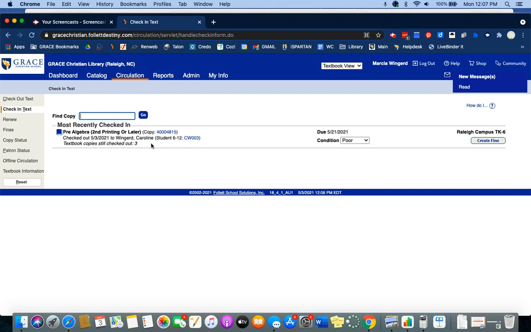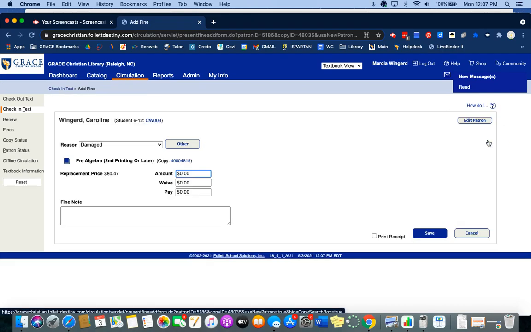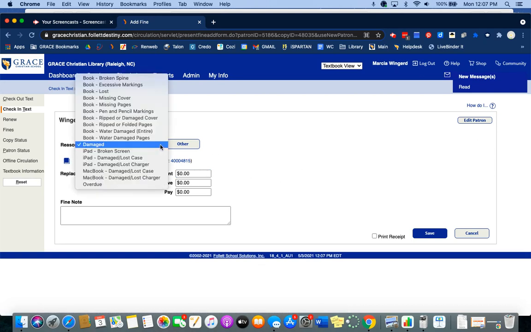If you have a book that is damaged beyond usual wear and tear, maybe the cover has been torn off or the student spilled their coffee on it, anything that is significant damage, please go ahead and create a fine. And there's a button right over here on the right that you can select to create a fine. From the drop-down list, you can select the kind of damage. So, if they damaged it with water or some other liquid, if it's a damaged cover, all of these options,